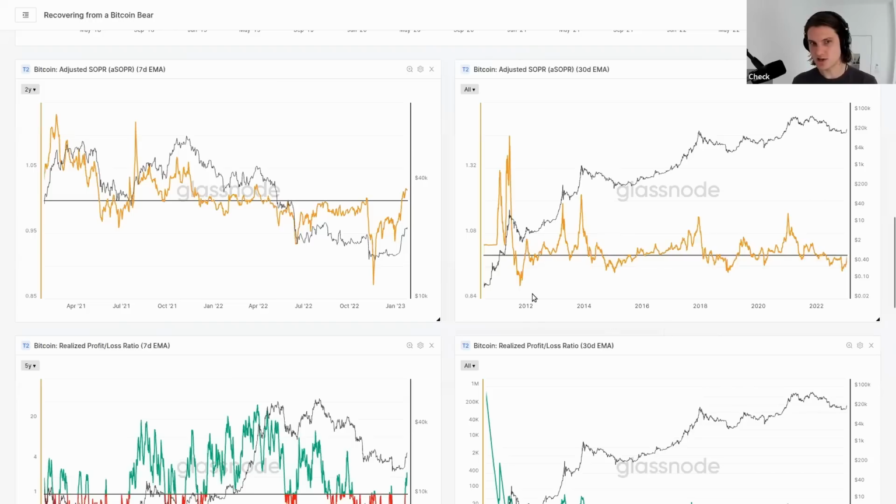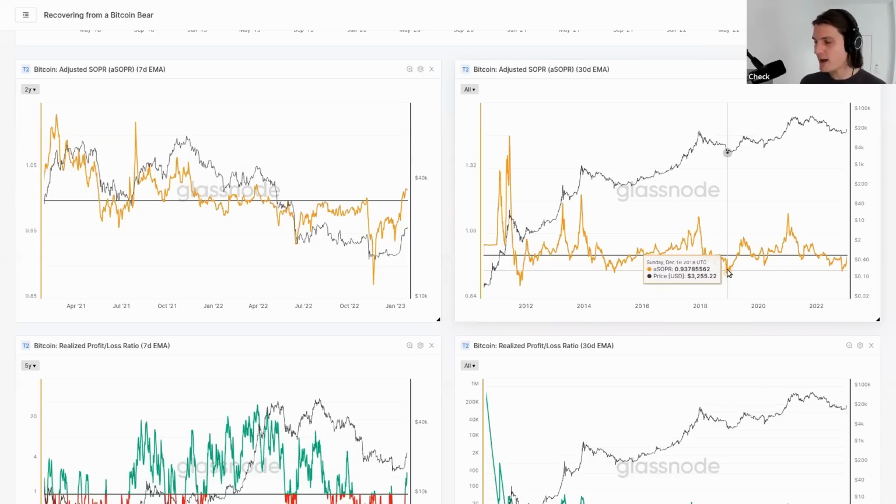Now, the other thing that you can see is that these bottoms, here's 2012, here's 2015, here's 2018, March 2020 wasn't quite as severe, surprisingly enough, and here's FTX. All of these you can see are at similar levels, major capitulation events. The average coin that was spent was locked in an enormous loss. And remember, because this is on a 30-day EMA, the flash event of March 2020 was like a day or 2 days. These here were months and months of people going, get me out of this thing. I'm done. I hate this asset. I'm finished.